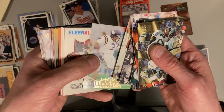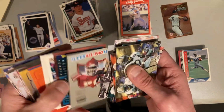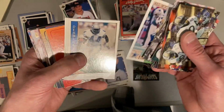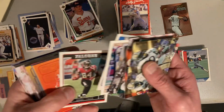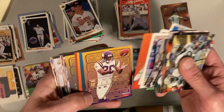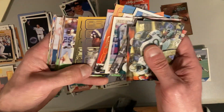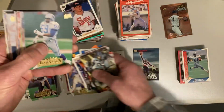I don't know who that guy is. There's Derek Thomas, DT. Big hitter there. 1990 Fleer inserts. Adrian Murrell. There's a Topps Finest. Larry Brown. Derek Fenner. Phil Simms. Roddy White. Eric Rett, Jake Reed, Chris Warren, Brian Mitchell, Ken Dilger, Bert Emanuel, Tony Martin, Greg Lloyd, Ed McDaniel, Quadre Ishmael,